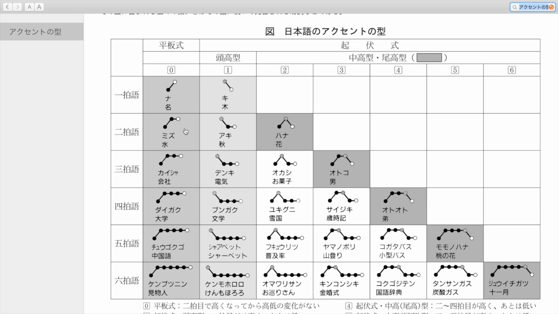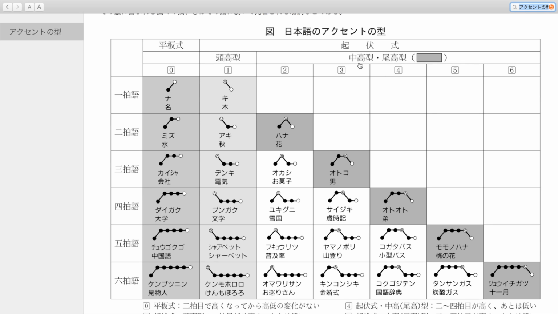Again, look up the phonetic videos that I've done in my Patreon series if you're interested in learning more about this. But we can see that any word with the 0 pattern is heibang, and any word that has 1 is in the atamadaka pattern. Ki for tree, or aki, or denki, or bungaku, or on and on and on. And then we can see that words that have 2, 3, 4, 5, and 6 are going to be in either the nakadaka or odaka family patterns.